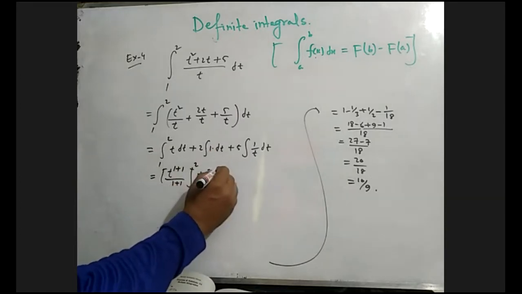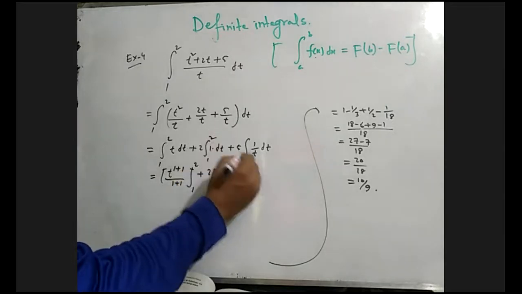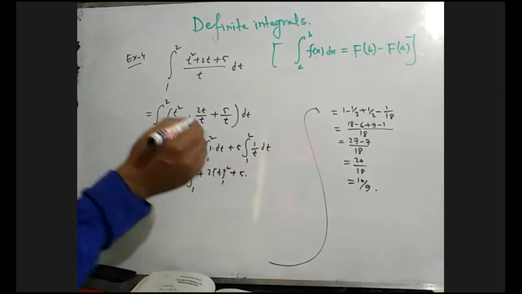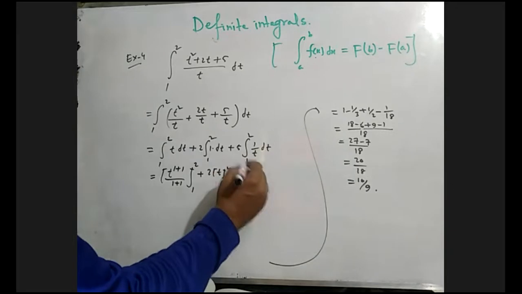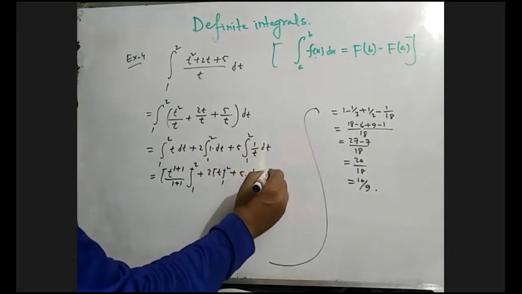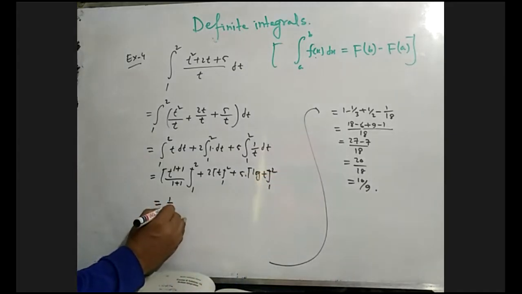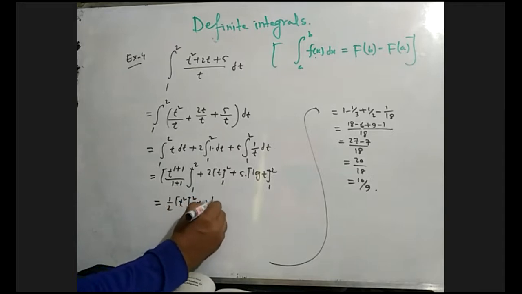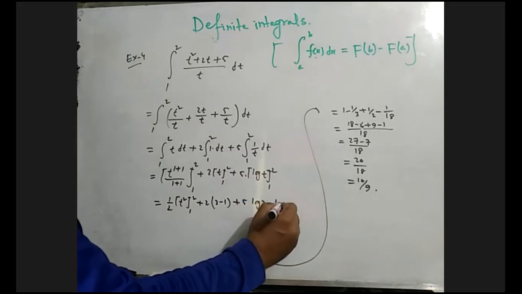Now 2, 1 formula, what will be? Integration of 1 dt, from 1 to 2, plus 5, 1 by x formula, what? Log x. In the formula chart we got the 1 by x formula, what? Integration is log x. So this will be log t, because the variable is t here, from 1 to 2. Now 1 by 2, 2 is the denominator, so t square, from 1 to 2, and 2 minus 1, plus 5 log 2 minus log 1.